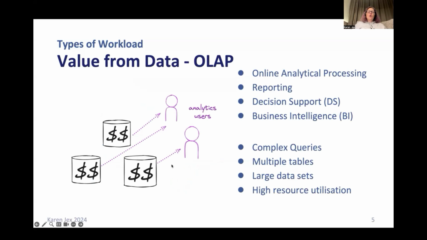Most applications constantly generate data from this OLTP activity, which gradually builds up in your database. And this data has immense value to the business. So at some point, the business wants to glean insights from that data. And for that, you need to run analytics queries. Analytics activity can take various forms, and it has lots of different names, such as OLAP, Online Analytical Processing, Reporting, Decision Support, DS, or Business Intelligence, BI.